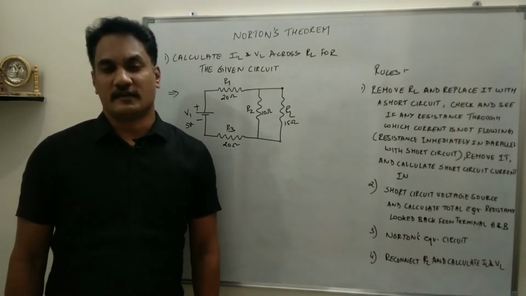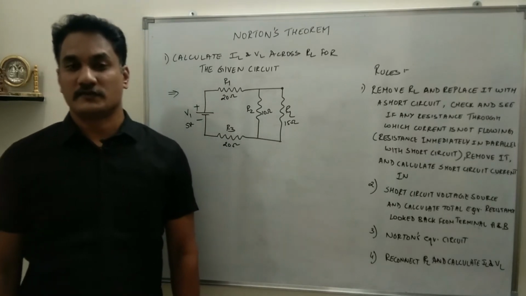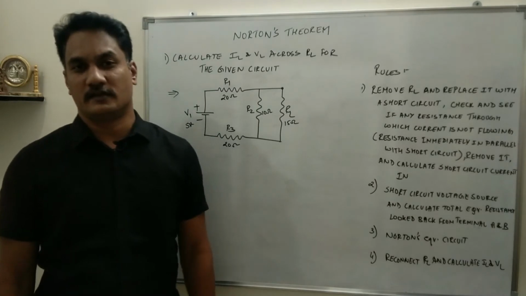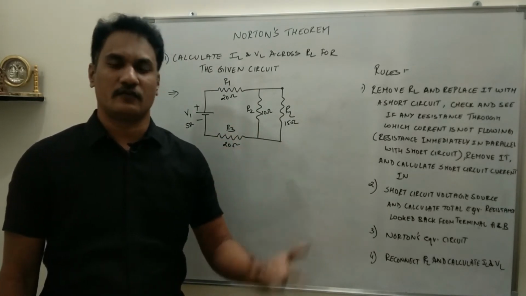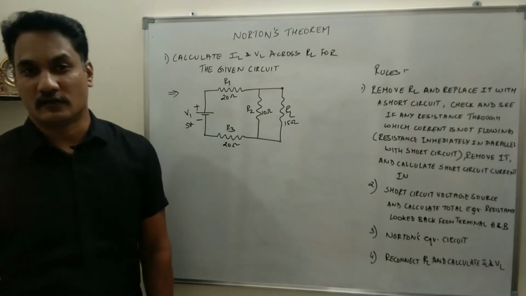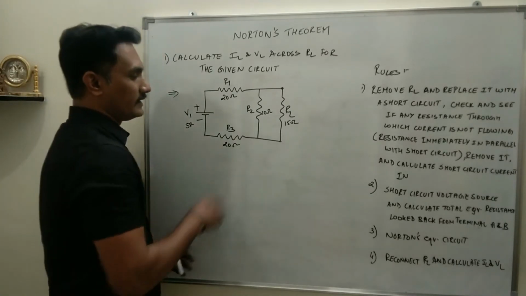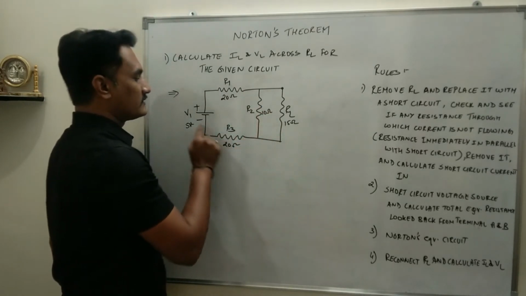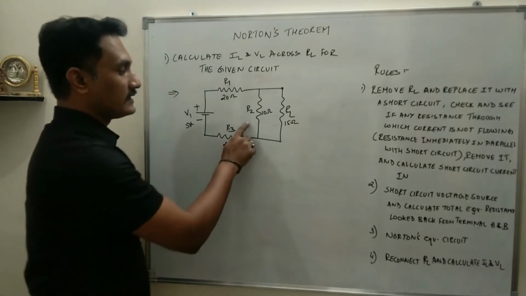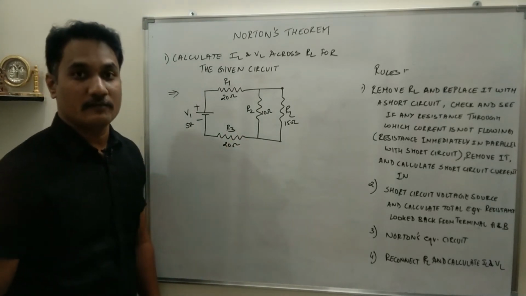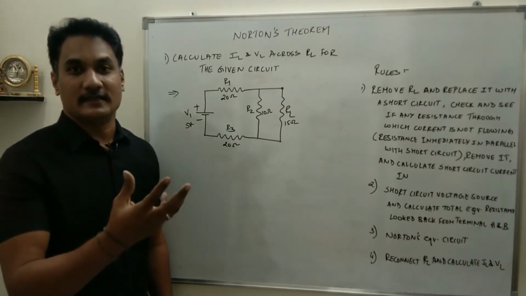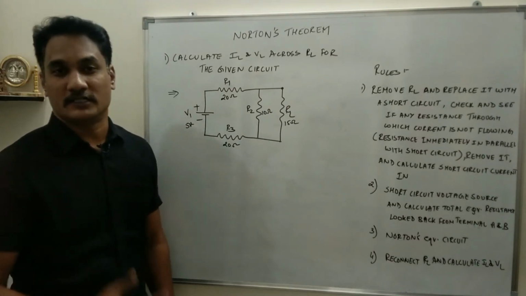Having understood Norton's theorem, let us try to implement Norton's theorem to solve an electronic circuit. As I said, we have to follow a few steps. One by one we will follow the steps, and of course we will be able to solve an electronic circuit using Norton's theorem, right? So this is the circuit diagram. You have multiple resistances and a voltage source. Of course, we can solve the same circuit by using KCL and KVL, but by using Norton's theorem, it will make solving the circuit much easier.